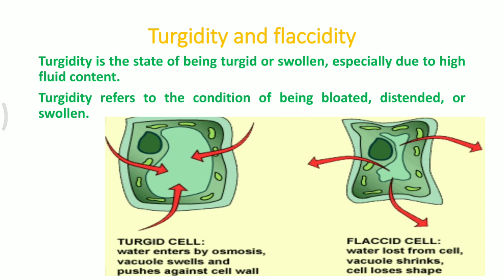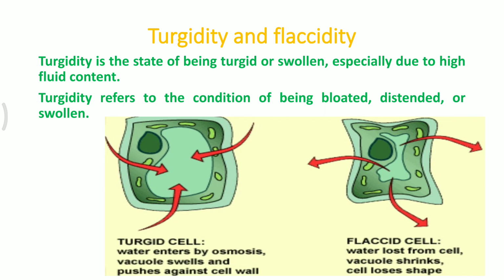Turgidity and flaccidity are the two terms which we have been discussing for a long time. Turgidity is a state in which the water molecules move from lower concentration, from the outside of the cell, to inside, and as a result the cell which is placed in an isotonic or hypotonic solution becomes swollen up, or it just gets bloated. This condition is known as turgid condition, and in turgid condition all the cell organelles are completely exposed, and the cell is in its full shape and size.